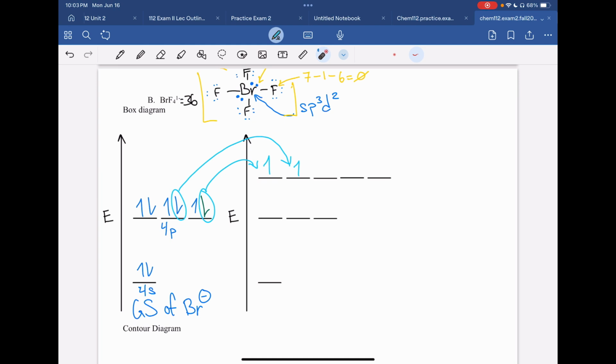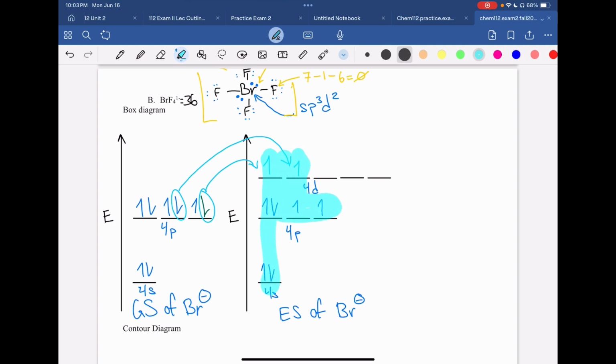Okay, so let's see what we have left. We should have these two, and then those left, so it's like that, and then those two. This is your excited state of bromide, not bromine, bromide. Okay, then you're going to take all these,